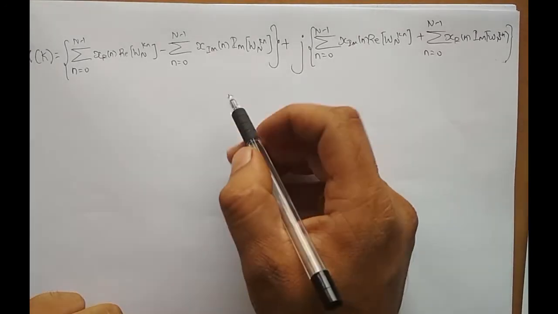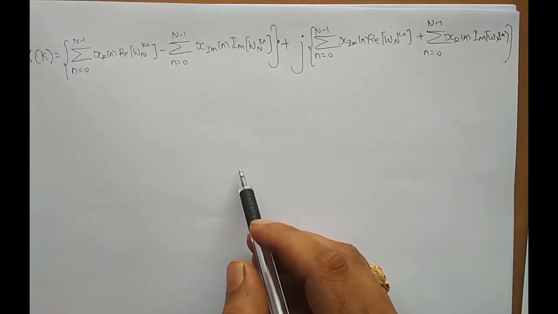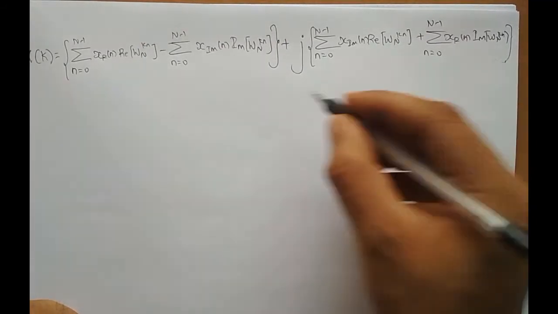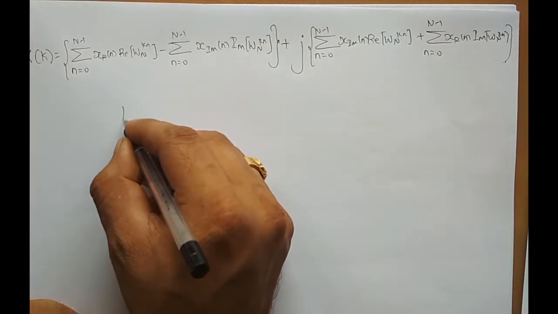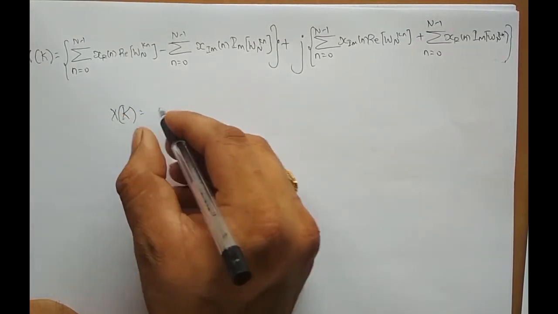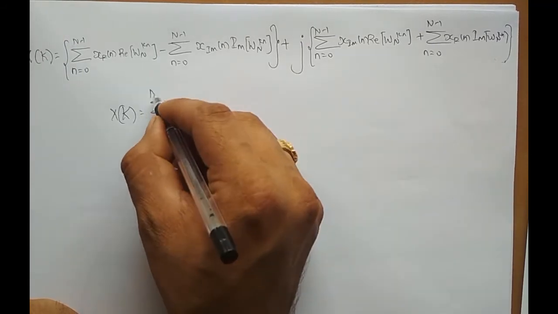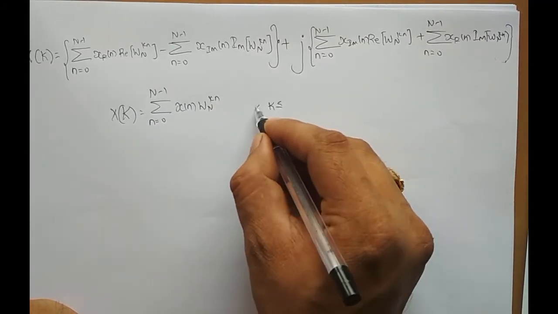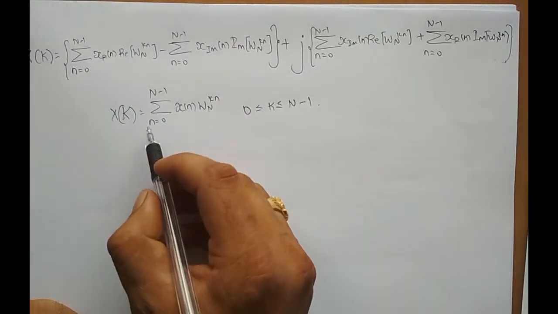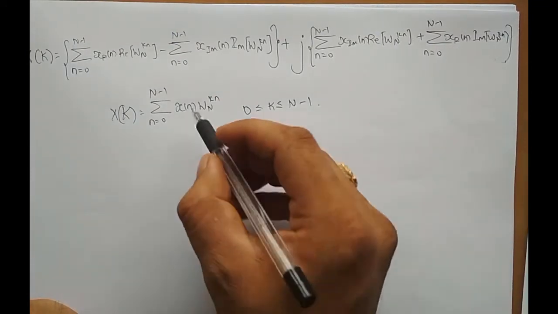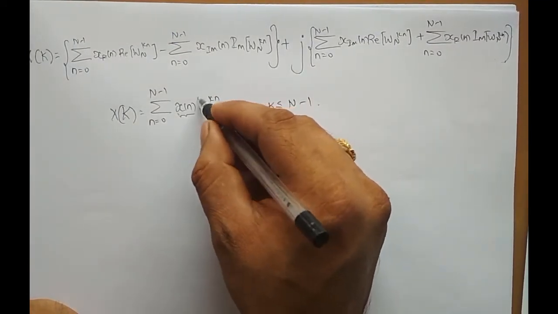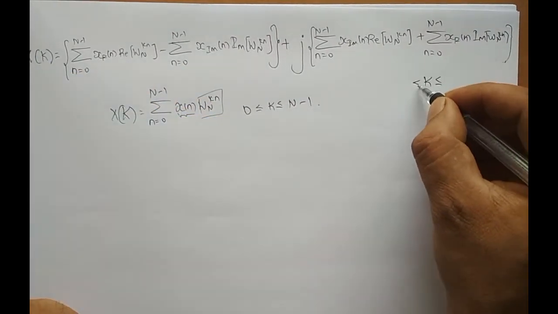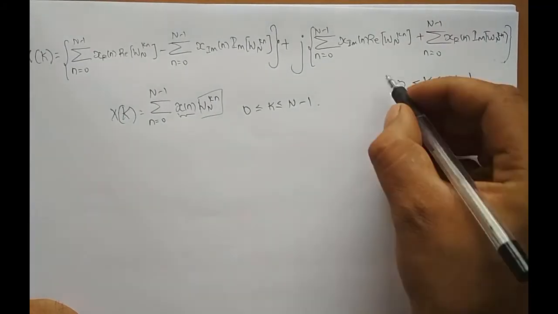Okay, so I have written that previous equation once again here so that it is easier for me to tell you what's happening. Fine. So this is from which equation? We had x of k, which was equal to summation n varying from 0 to n minus 1 x of n wn power kn, where k is varying from 0 to n minus 1. So we derived this equation from this equation, assuming that x of n is a complex number and anyhow wn is a complex number, right? For this entire equation k is varying from 0 to n minus 1.